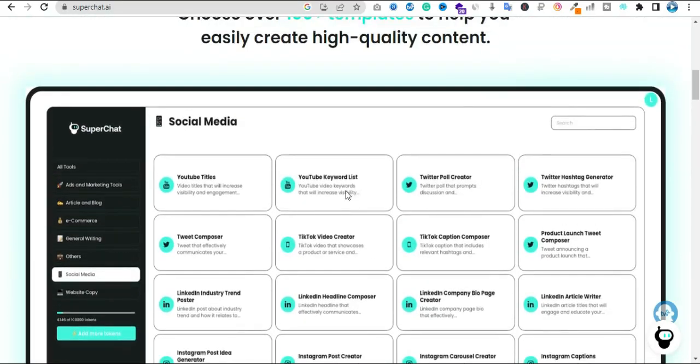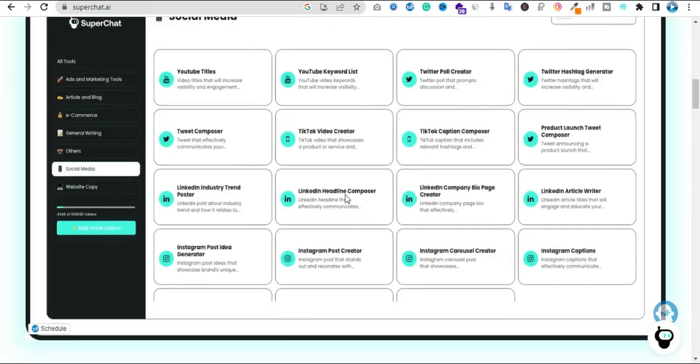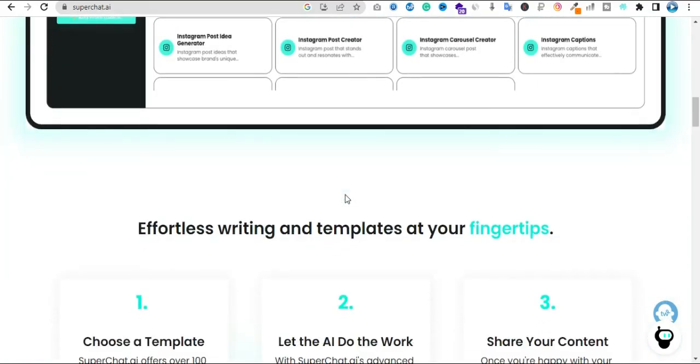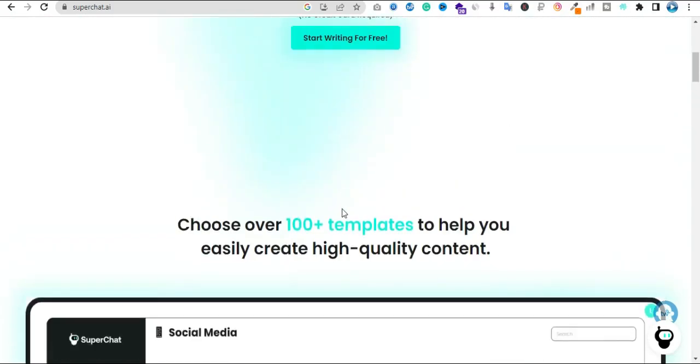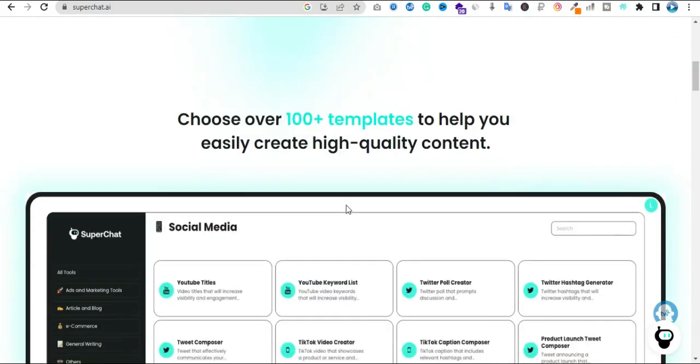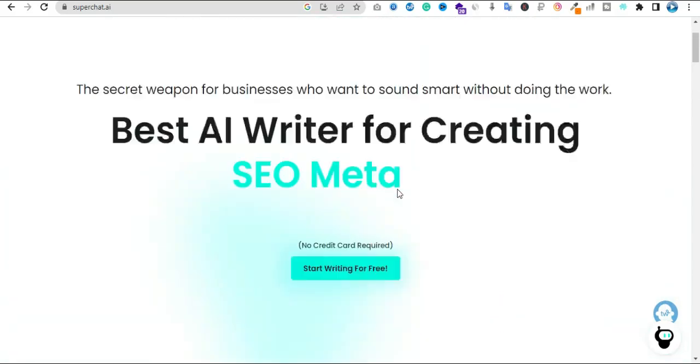But what sets Super Chat apart from other AI writing tools? This is what makes the algorithm and technology better. To ensure you get the best possible results, the support team is dedicated to providing you with the most accurate and quality content possible.